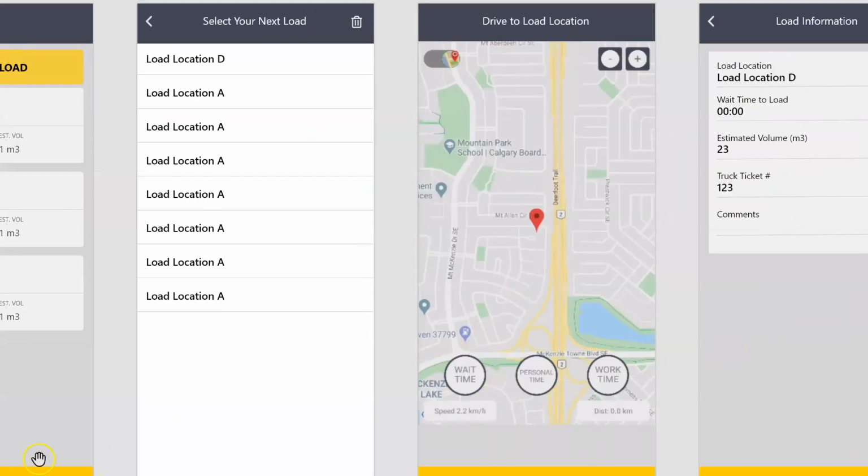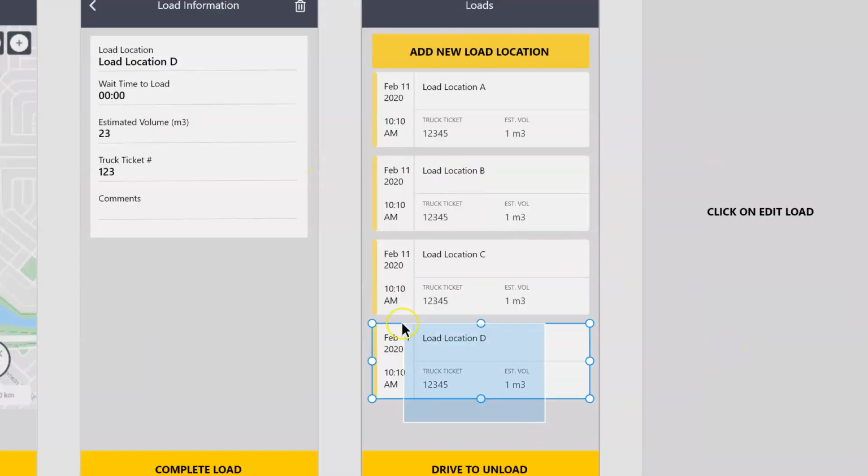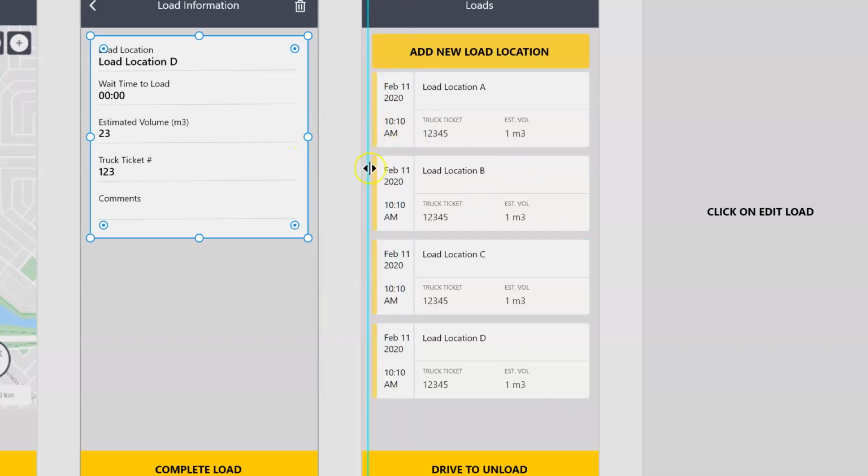Let me just make it easy for you to read. Okay, now I'm going to have here in the bottom a new load. It's going to say location D. So here it tells me the date and the time that I went there and the truck ticket ID or the truck ticket for that location, and the AC motor for that location. So as you can see, so far in this trip, I have loaded in 4 locations, okay? And in all of these locations, I have loaded one